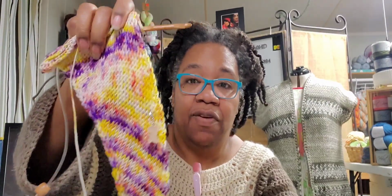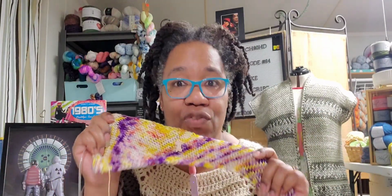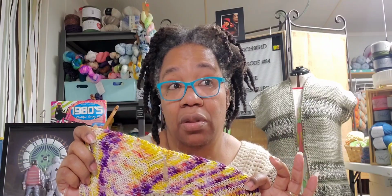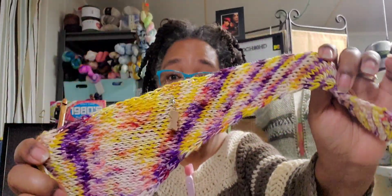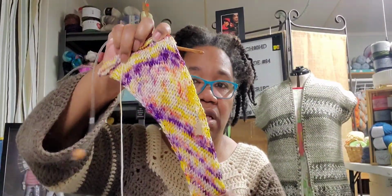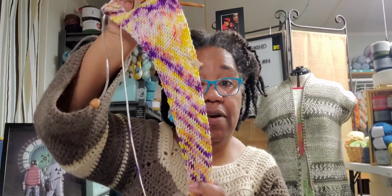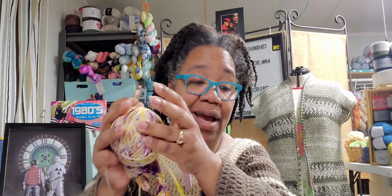I think this was even more appropriate to use for the whodunit because the story of the whodunit mystery was set in New Orleans. So, there we go. Yay! I like how this looks. I mean, the shape of the shawl, and it's just going to continue to grow. And I really do wish that I would have done this one right, because